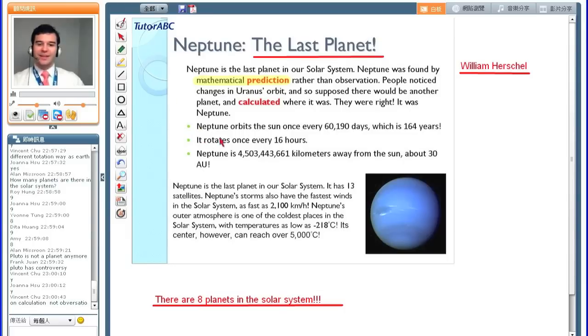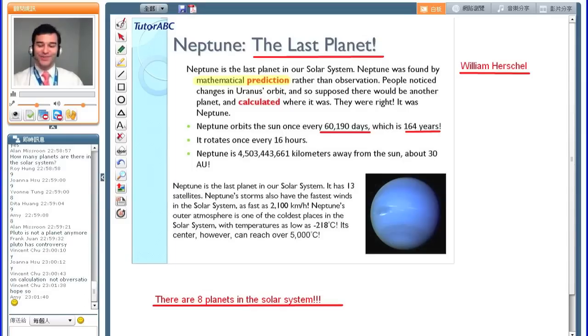Neptune orbits the Sun once every 60,190 days, which is 164 years. 我们今天有到164岁的人吗？我们大家都算 hope so，我们算不到 Neptune 的半年，对不对？还算80岁，164年。Neptune was just observed 164 years ago，所以刚好我们发现 Neptune 存在之后，刚好绕了1圈。因为是164年的时间。